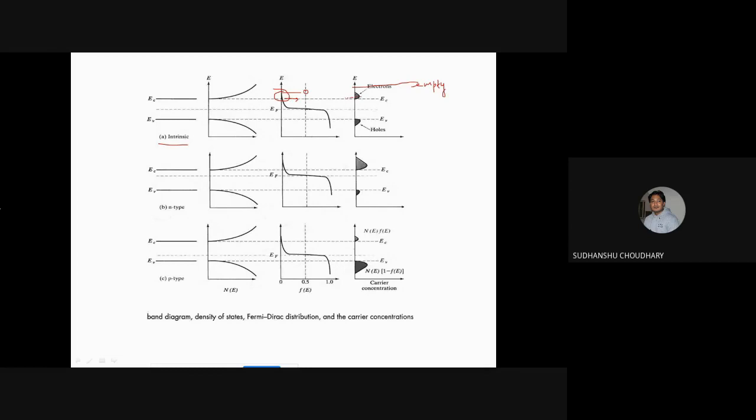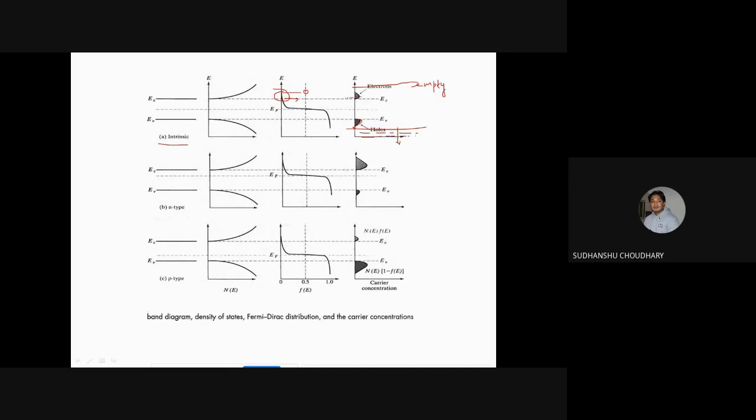Similarly for valence band holes, we see that there must be some maximum value of holes at the valence band edge, and then since the Fermi distribution function becomes flat, that is Fe becomes 1, so 1 minus Fe becomes 0. That is why the hole concentration decreases. The number of holes in the valence band decreases, and finally at lower energy levels, you have plenty of electrons.